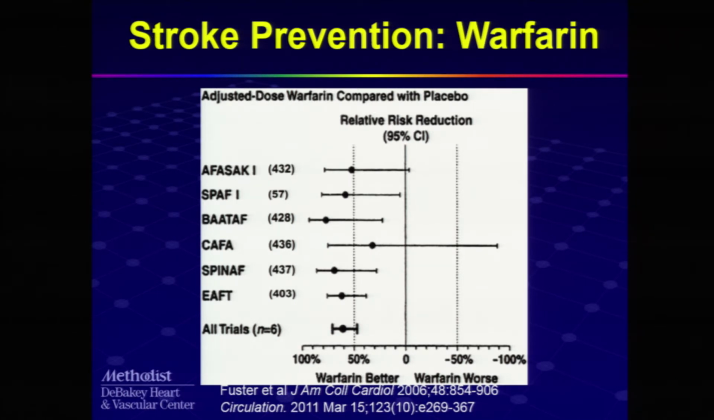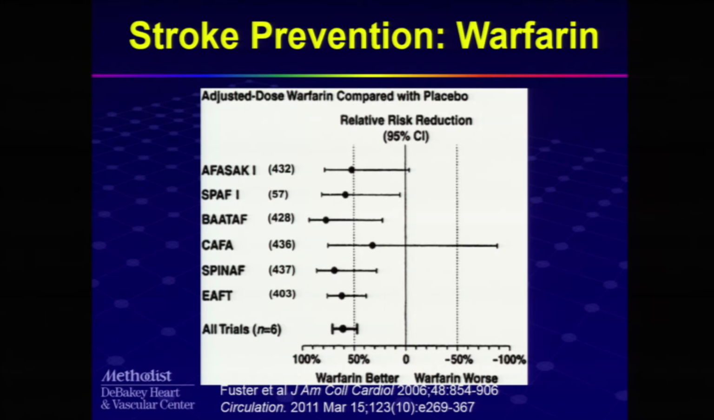Warfarin was the first drug that was validated as a strategy to prevent strokes in AFib in several studies. I don't want to bother you with the details, but suffice to say that these are 6 studies that tested the risk of stroke in patients treated with warfarin versus placebo. And in pretty much all of them, clearly the relative risk reduction favored warfarin compared to placebo when it comes